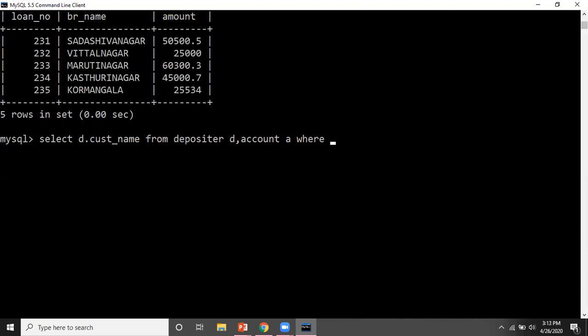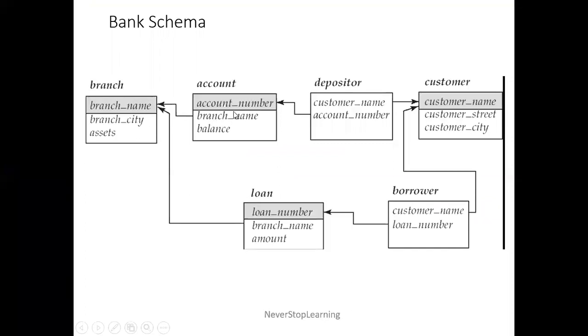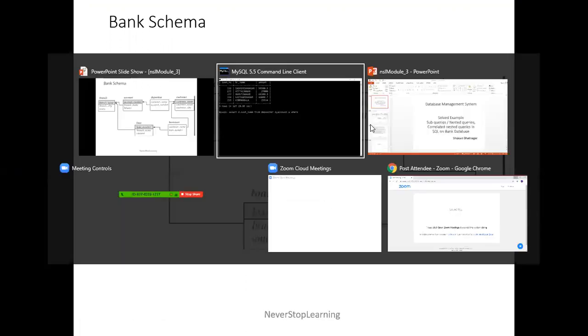As soon as I do this join, I will get so many redundant tuples, because it's a kind of Cartesian product, depositor join account. To remove those tuples, on the basis of a common column from these two tables, I have to remove the redundancy. If you want, I can show you here: in the account table there is the account number, and in the depositor table we also have the account number.